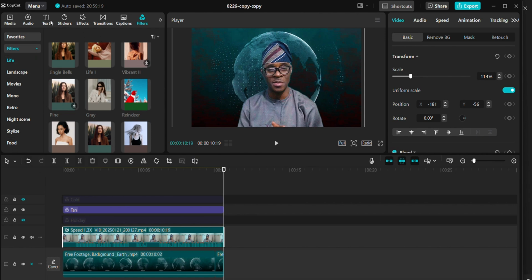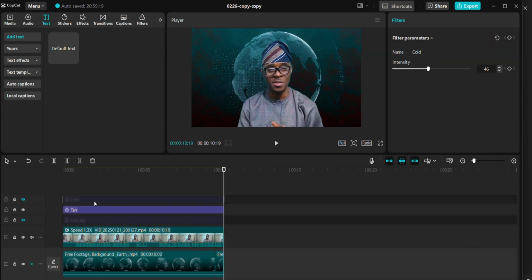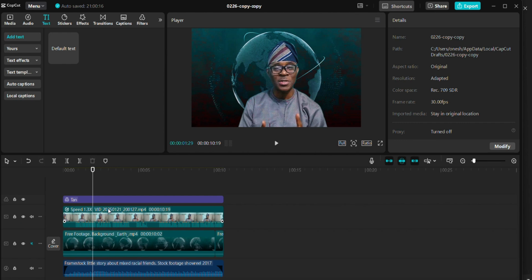The last part, which I am going to do, then I will call it a day, is this auto caption. Now this auto caption is very good when you are doing the final touch to your production. Auto caption will generate your text on the screen automatically. So these ones that we are not using, let me take them out. So I can now go and do